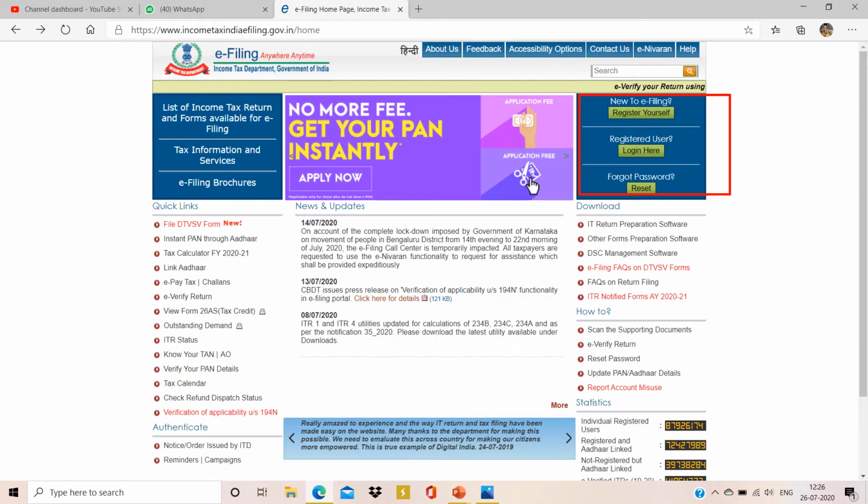So we certainly have registered user details available. The only thing is we have to update the return filing. In case you don't remember the password, you can always go to the reset option to reset your password.